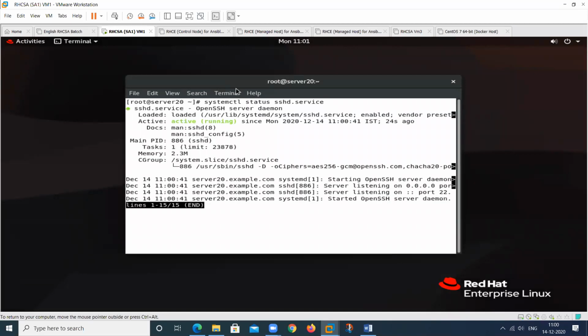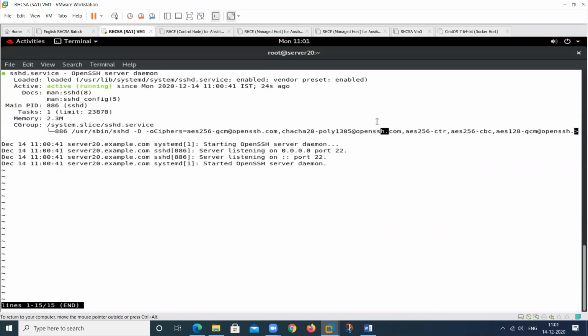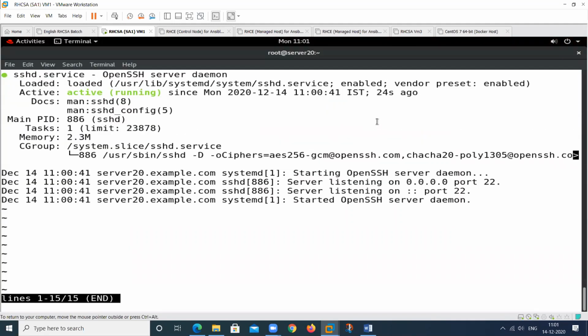See again, at this time, which status is displayed? See, this is enabled also, but at this time, this is running at the time of the booting. If we enable any service, that service will start automatically at the time of the booting.